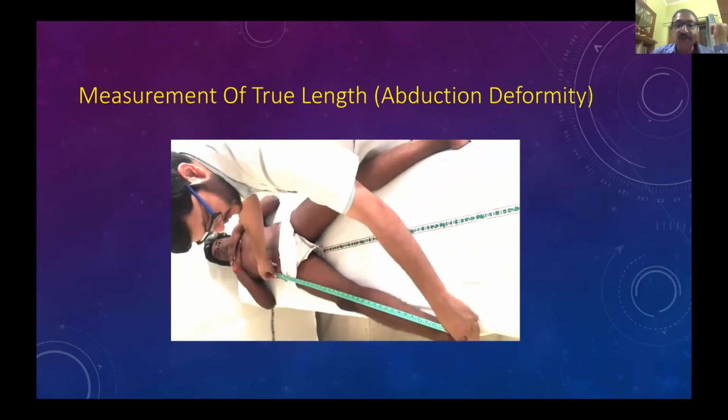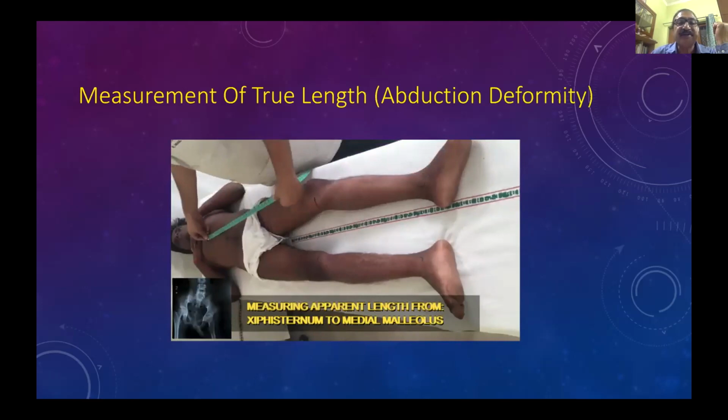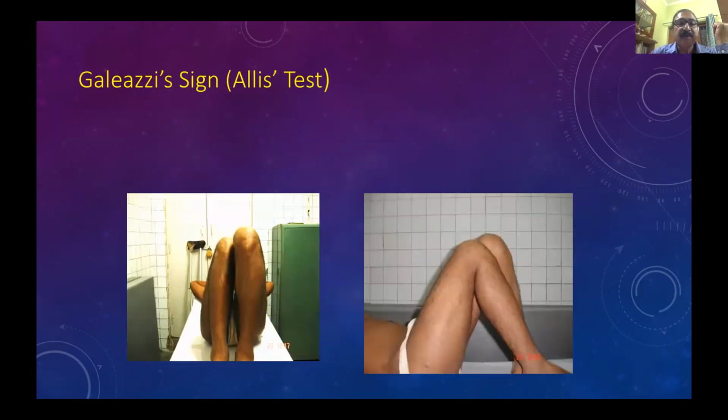I think I'll rush through the rest of the presentation. Now this sign will tell you grossly whether there is a shortening of the limb or not. The patient lies supine, the hip is flexed to 60 degrees and the knee of the affected side to 90 degrees, and you look for the level of the two knee joints. If there is shortening, the affected knee joint will be at a more proximal level. In a case of femoral shortening,